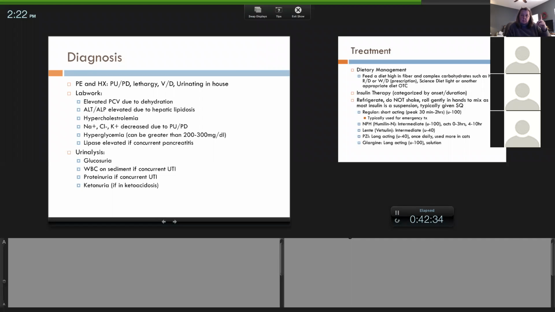And obviously the number one thing is, is there glucose in the urine? Because again, that gives us an idea of how they're managing their glucose. Obviously, it's a little better for the patient if it's positive in the blood and negative in the urine. But if it's elevated in the blood and the urine, we have a significant hyperglycemic patient. And sometimes when you do the sediment on the urine, you can have proteinuria and white blood cells. An animal doesn't usually have protein in their urine, but if they have cells in their urine, like red blood cells and white blood cells, then you tend to see that protein positive.